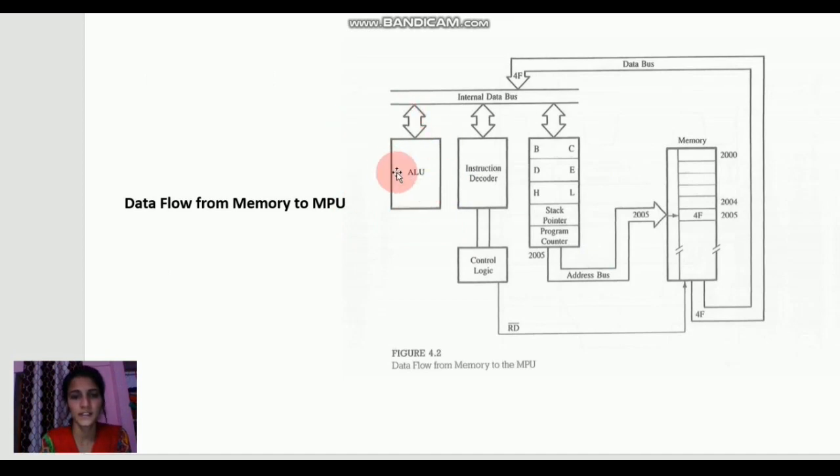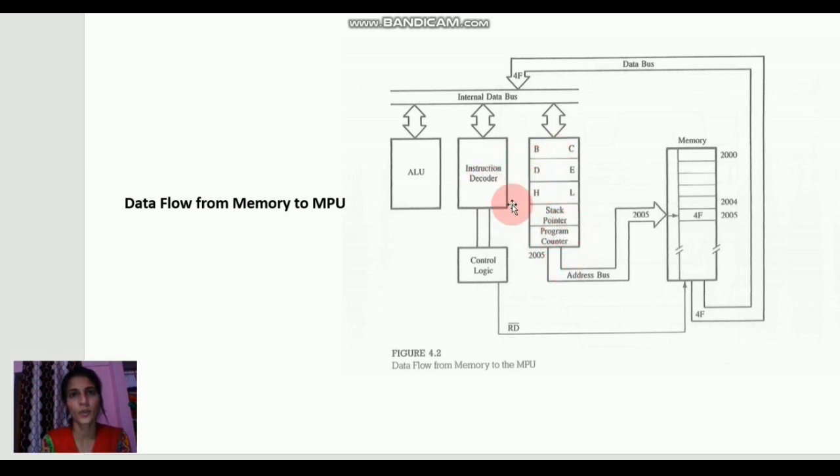Now, once the instruction is fetched, it is decoded inside the instruction decoder, which is present inside the processor. This diagram even shows the internal units of the processor. It contains an ALU, which performs various arithmetic and logical operations. The timing and control unit constitutes the control logic and gives out timing and control signals. The instruction decoder decodes the instruction. There is then the register unit, which has internal registers B, C, D, E, H, L and a stack pointer and program counter, which could be accessed by the user.